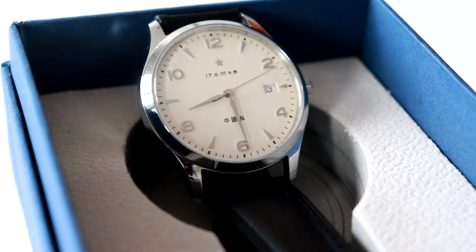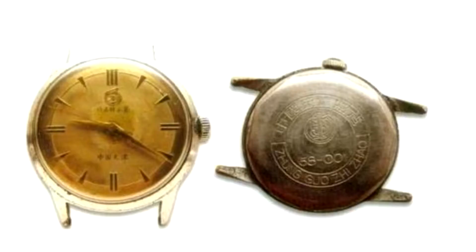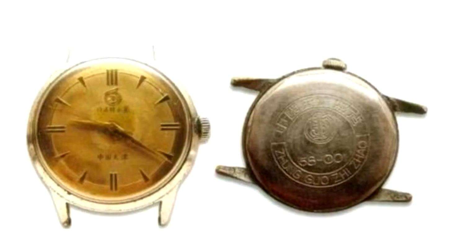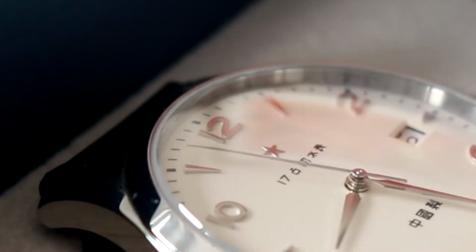This watch is a reissue of the company's first ever watch, the Wu Xing, which is why it is technically correct to call this a Wu Xing. And in this case, it is part of a limited run of 1,000 pieces. However, if you look up a picture of the original Wu Xing, never mind. Anyway, the dial is an ivory color, slightly off-white,